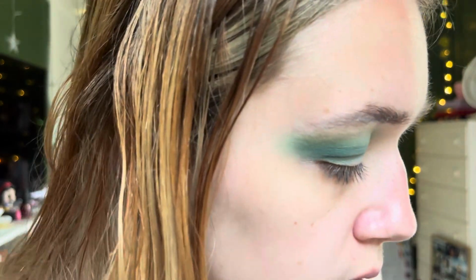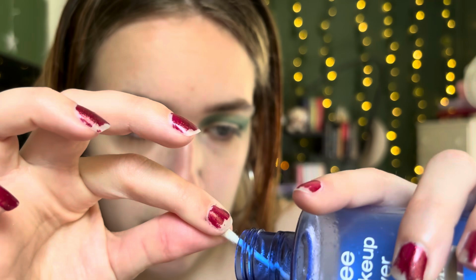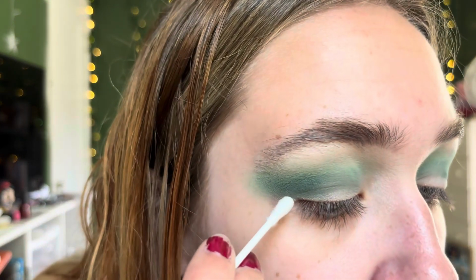I'm going to take a cotton, like an ear swab type, and then wipe that little space out. I will show you what I'm doing, and then we are going to prime it again, and then I think I'm going to go in with that Ray shade in there. I think that'd be awesome. Okay, I'm just taking a little bit of this Neutrogena oil-free eye makeup remover, dipping my cotton swab in there, and then just